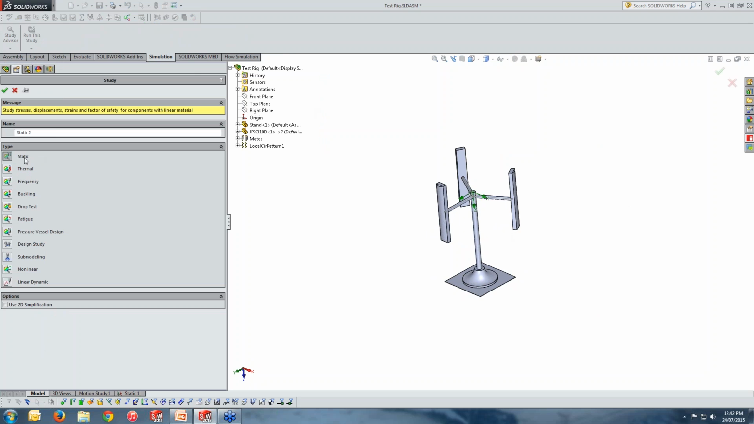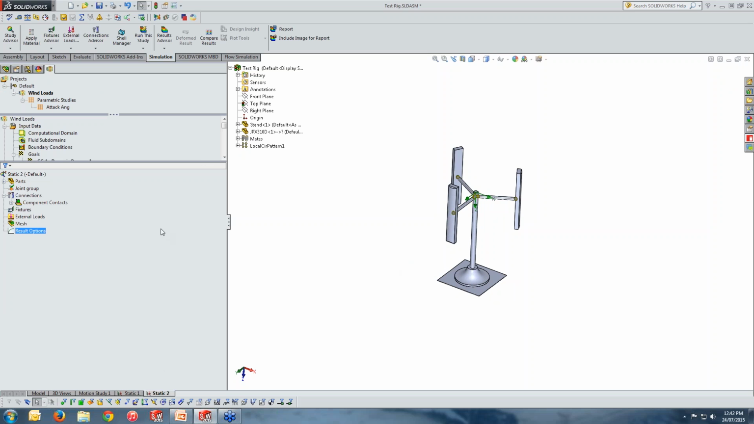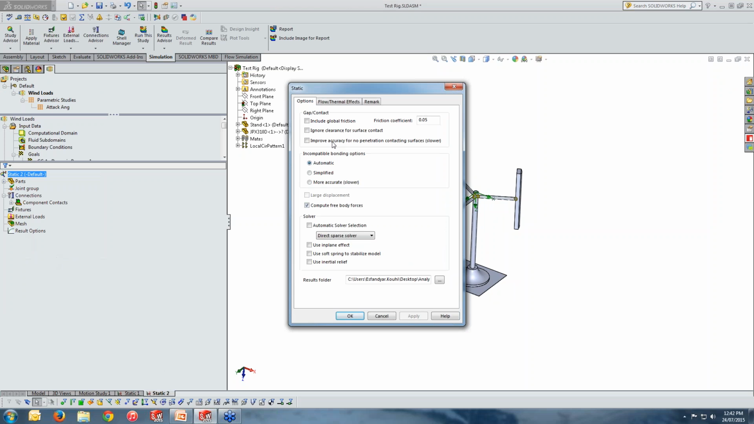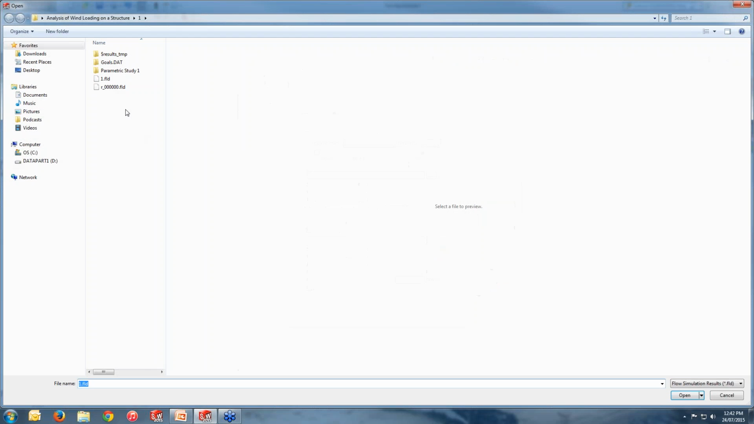Again, deactivating this icon is highly dependent on the type of license you have. Let's create a static study and click OK. Well, I'm simply doing that. Now, the main thing is how we are recalling our fluid result. In order to do that, the first thing is go to your study, go to its properties, and simply go to flow thermal effects and, in the flow pressure option, include the flow pressure effects from SolidWorks Flow Simulation and recall that